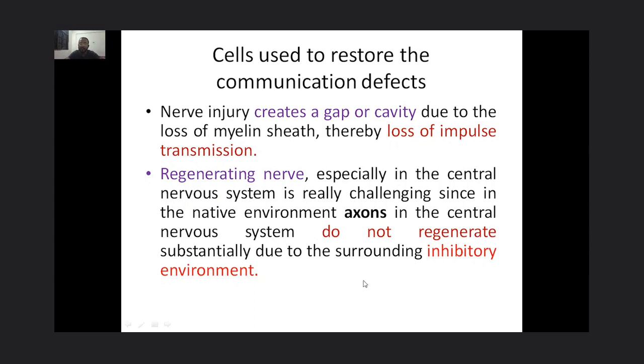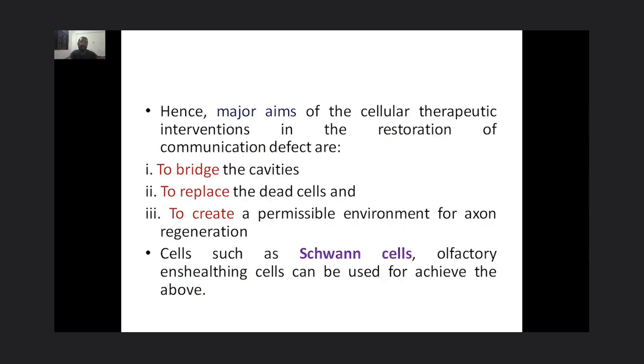Whenever these axons want to regenerate, what happens? The surrounding environment is such that it inhibits that regeneration. So that is one of the major challenges in the central nervous system. Hence the major aims of the cellular therapeutic interventions in the restoration of the communication defects are to bridge the